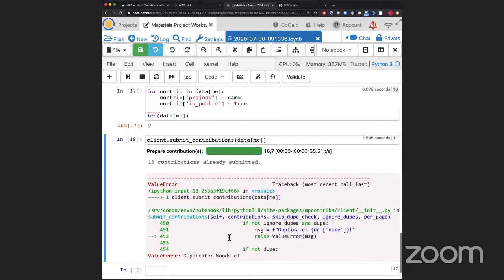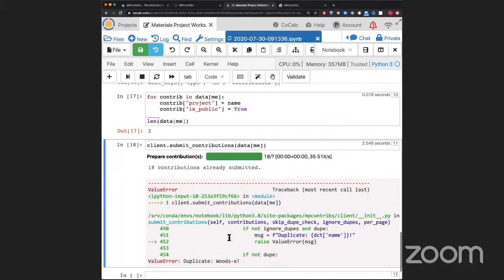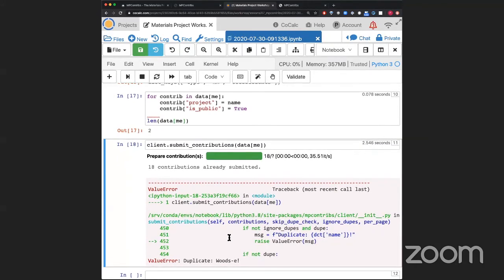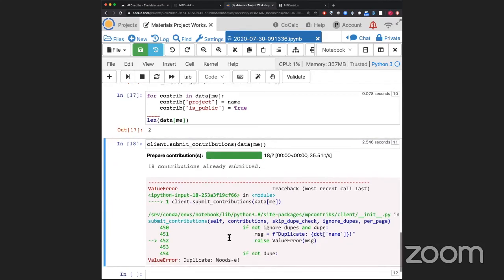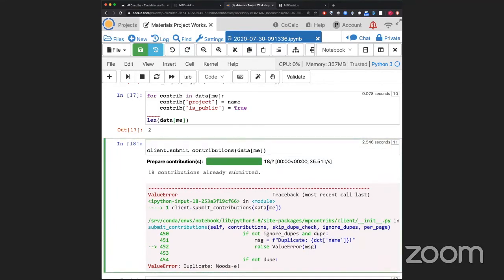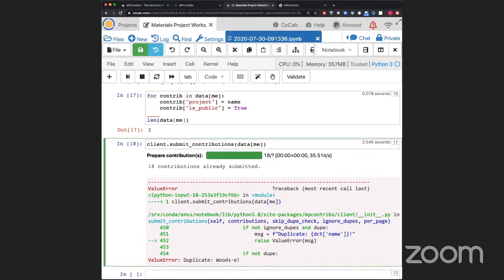What happens internally here is, even though contributions can point to multiple materials identifiers, the tables in it are still duplicate checked. So when it says it's a duplicate, it means exactly every value in that table is the same. Which is fine. This is just for illustration purposes, that duplicate checking is actually happening,